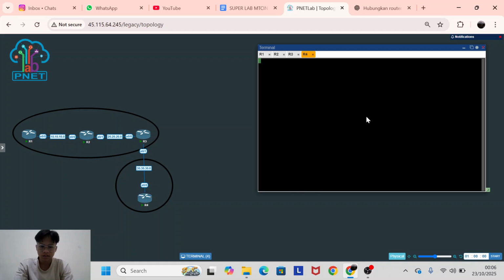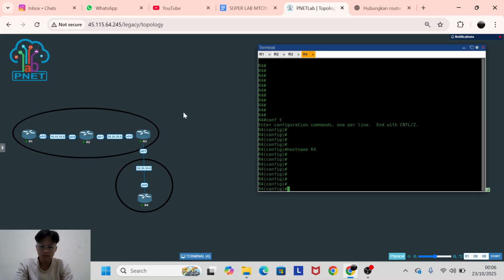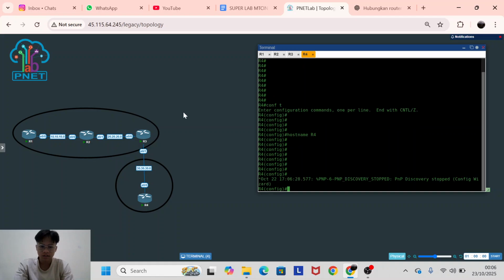Now router 4. This has a different AS number. I can add my IP address.